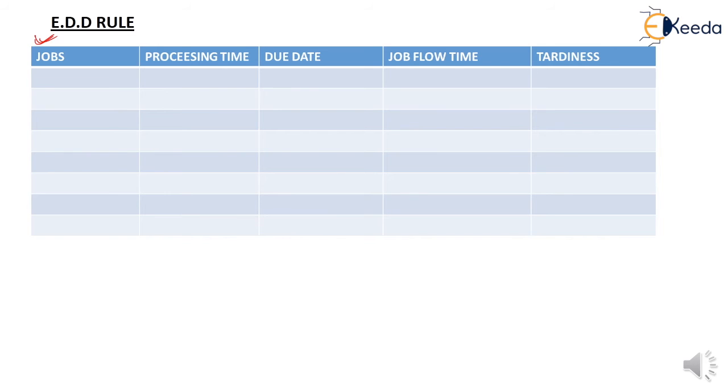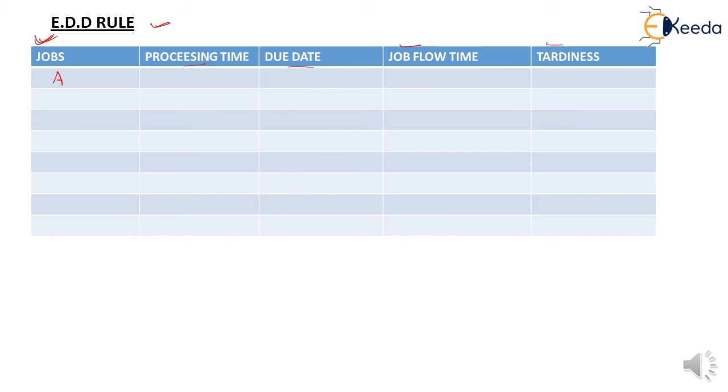Here, in the previous slide, we sequenced the jobs according to the EDD rule. In this table, I have written all the jobs in the sequencing manner according to the EDD rule. It is determined in the previous slide, okay students? But in this table, I have written all the jobs in sequence in EDD and written the processing time of each job and due date corresponding to this job. With the help of this, we calculate the job flow time and tardiness.